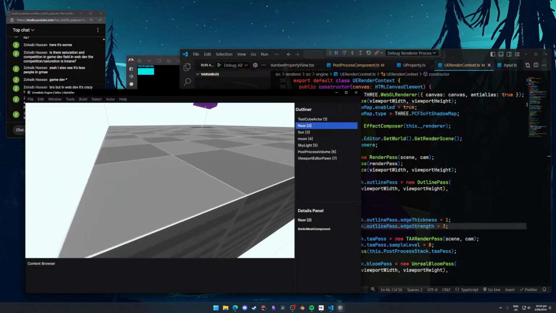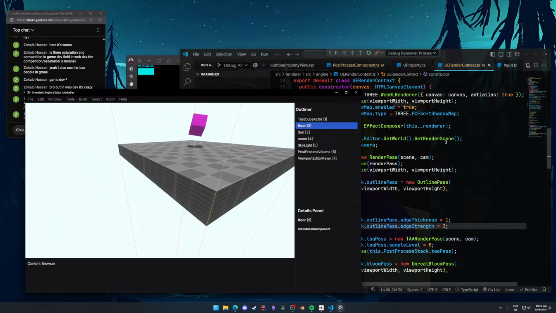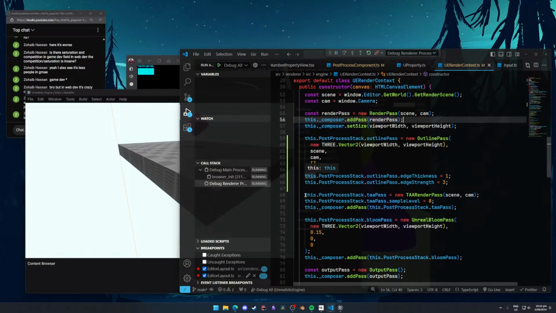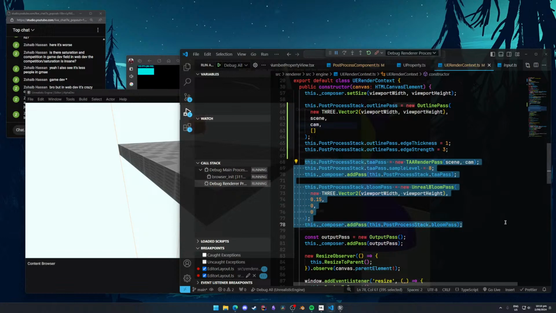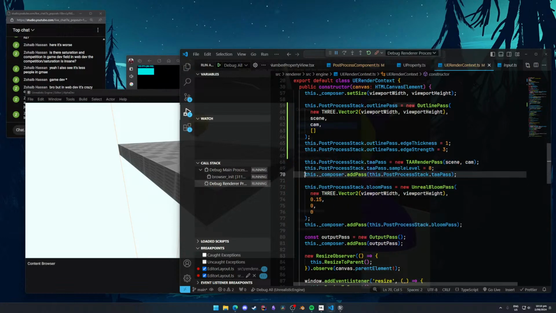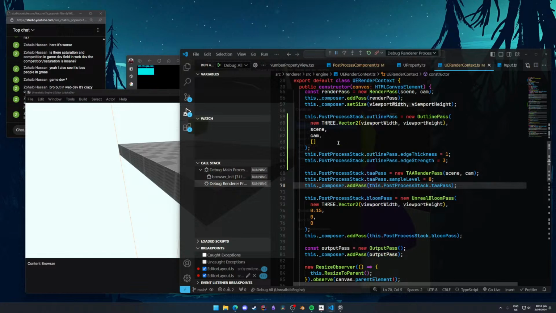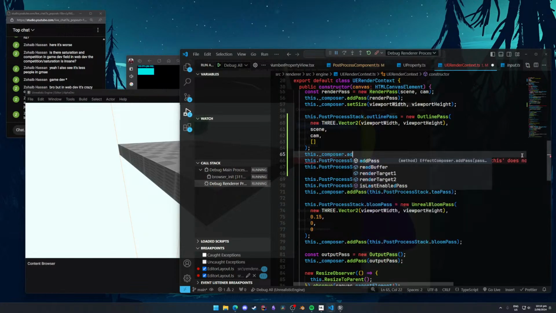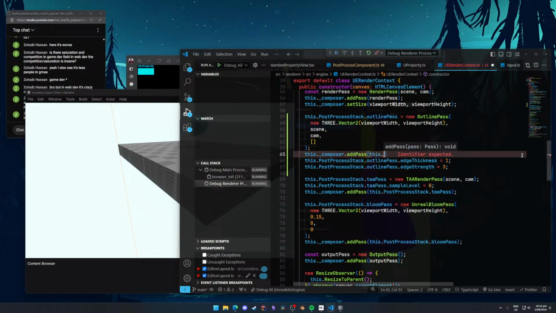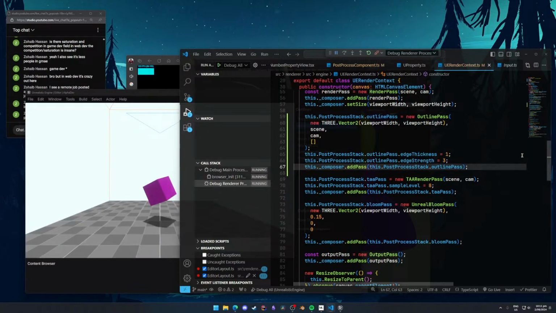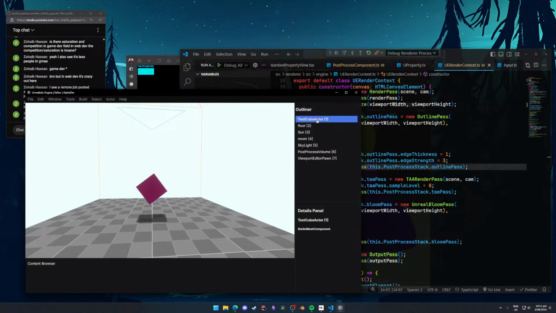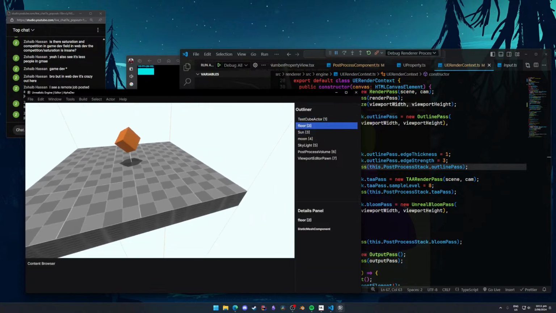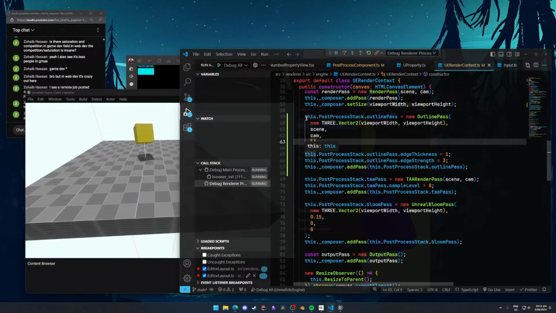Is that working? No. Okay, how about this? If I disable these, well, actually, I'll just disable adding the passes. Wait, oh god damn it! I'm not actually adding the pass. Outline pass. God damn it. Okay, that one's on me. If it works, it's on me. If it doesn't still, then